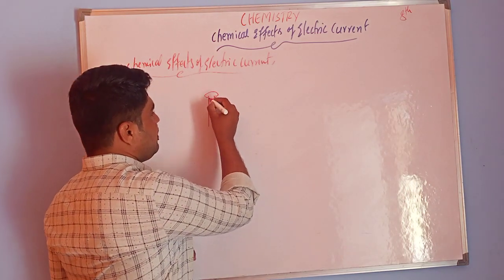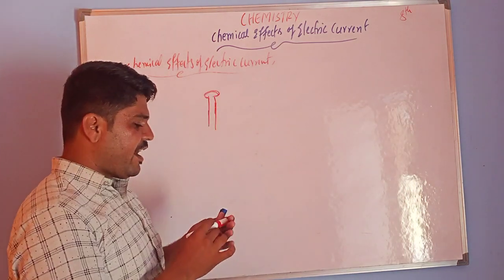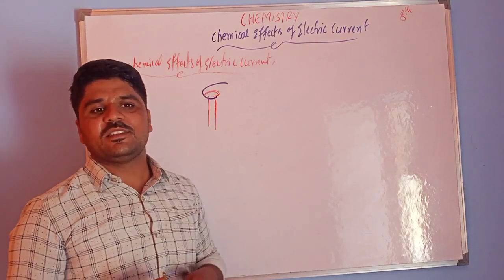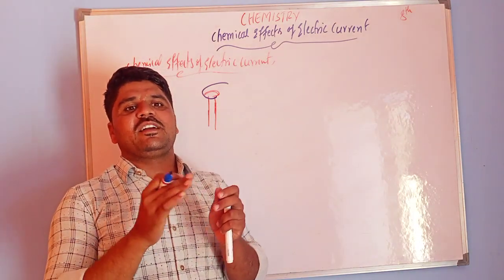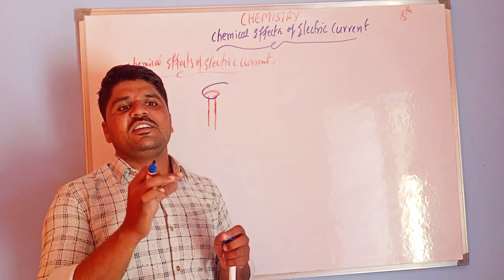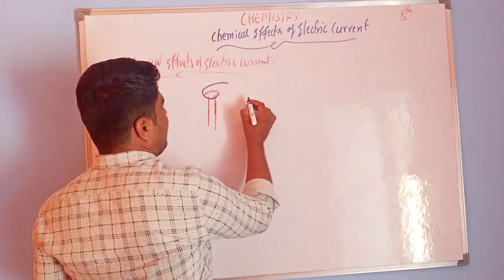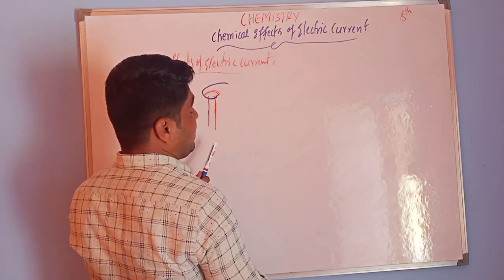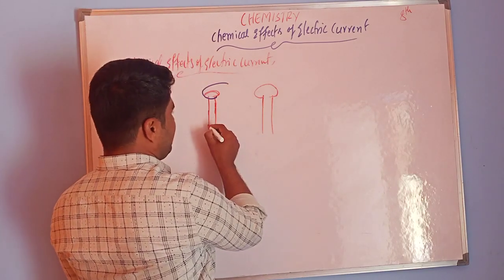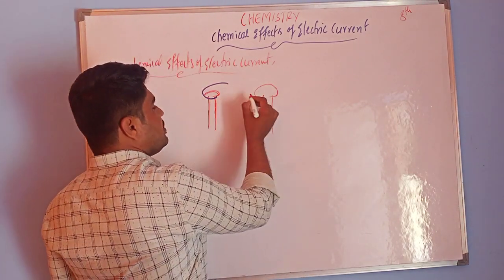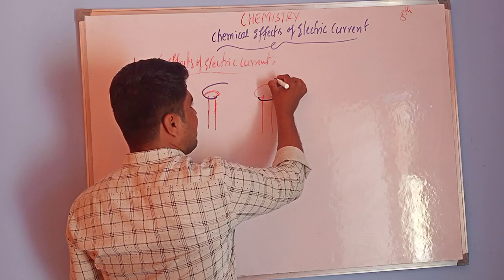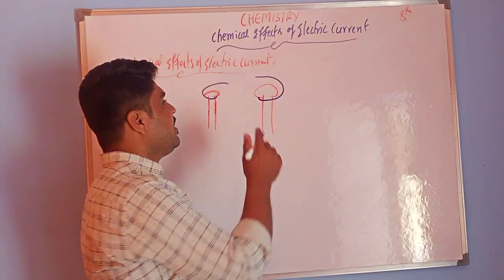and wrap copper wire around the metal caps. This is a metal cap, and this is a metal wire. After wrapping the wires around the metal caps of the carbon rods, join them with a battery. I am taking two carbon rods, this one and this one, wrapping the copper wire around them, and connecting the wires to the battery.